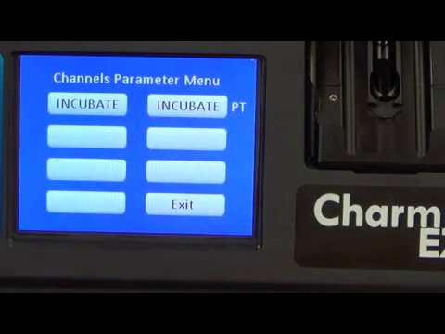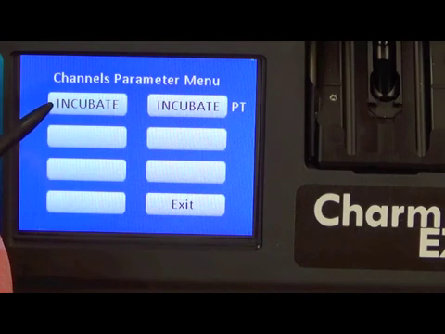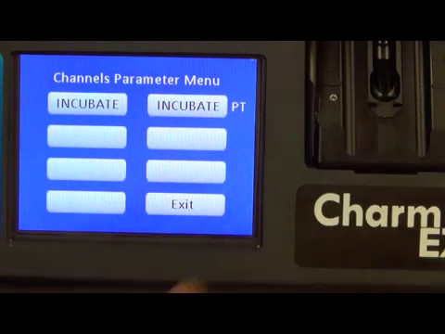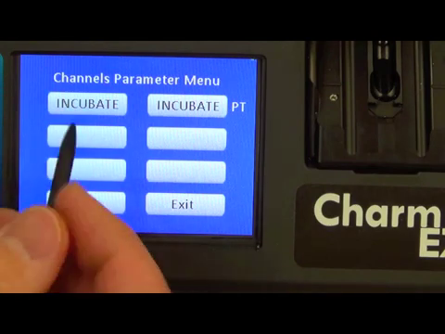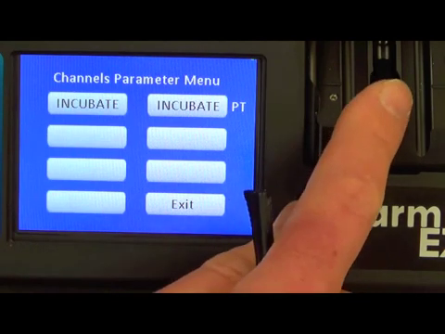You have two options. The option here on the left-hand side is when you're actually in the sample mode running samples. Do you want to incubate the sample in the Easy Reader? Or do you want to switch this to where it's only going to interpret or read the results of a test? If the reader's set in a read-only mode, that means you're going to incubate the test strip in an external incubator. If you switch this to where it says incubate, that means you're going to use the built-in incubator